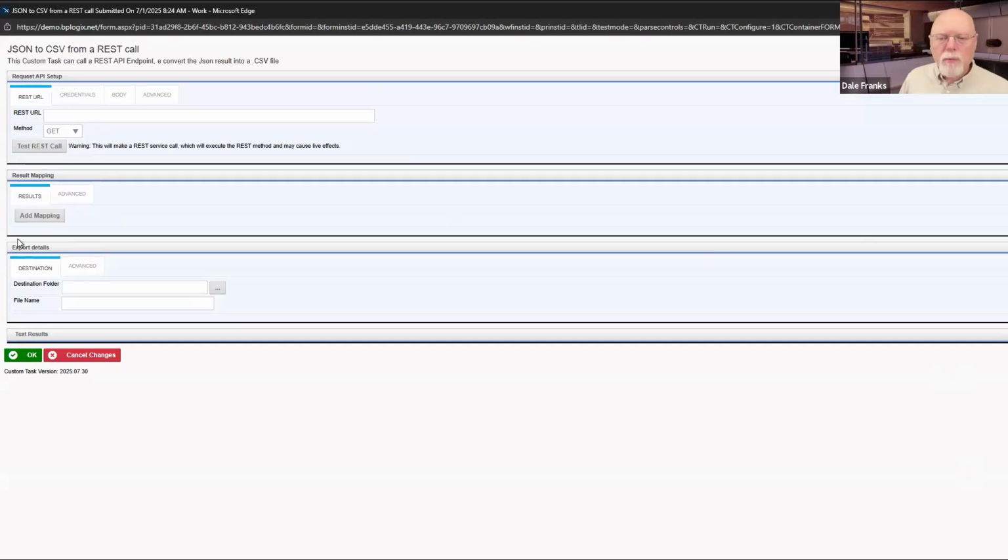Previously, for the JSON to CSV from REST call, what the CT expected when you made a REST call was that all the fields would contain scalar values, which is to say a single value per field. Well, that's not always true, because JSON can quite easily return arrays.